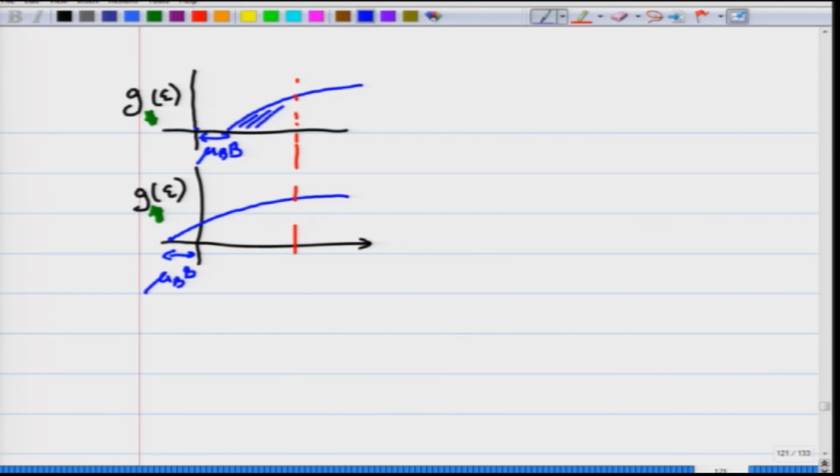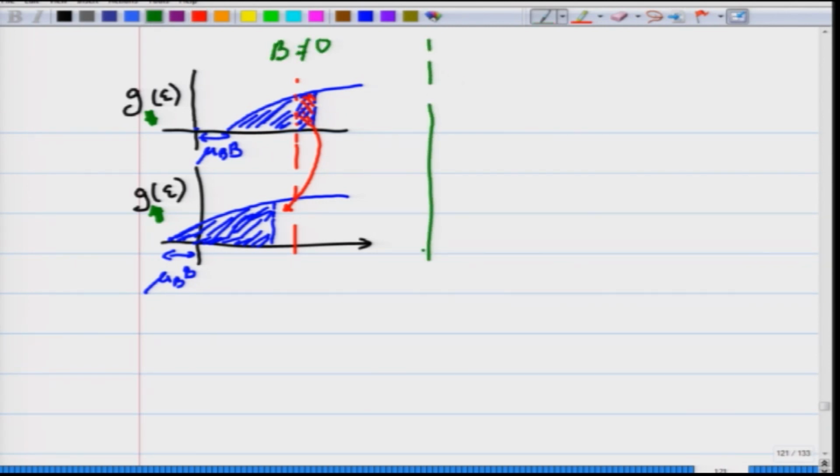So, some set of electrons get shifted above the Fermi level, and an equivalent number of electrons are shifted down below the Fermi level, and these electrons are the ones which will flip and go from this state to this state. And as a result, in a magnetic field, this is all in a non-zero magnetic field.